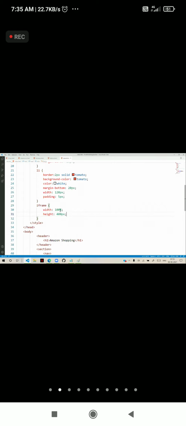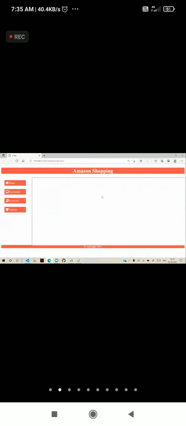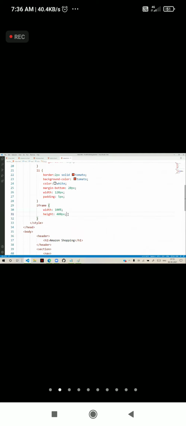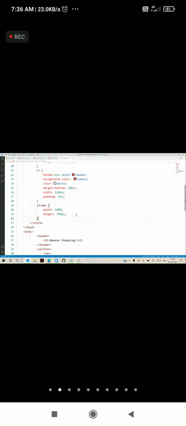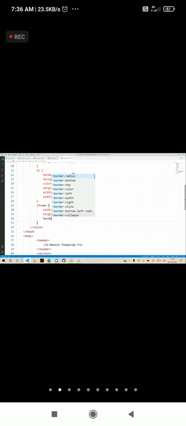That means the width and height will fit like this. Suppose it will be like 390 pixels, like this it will adjust. And I don't want a border for the iframe. I don't want to show it like an iframe. Then we can put border as none.